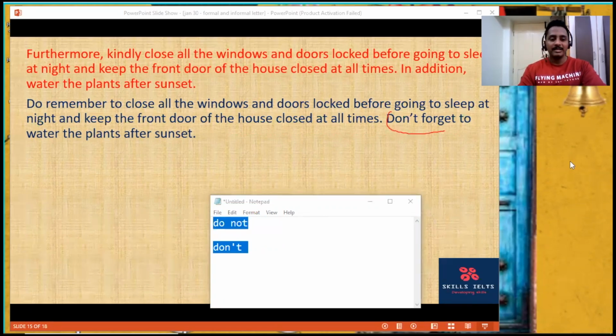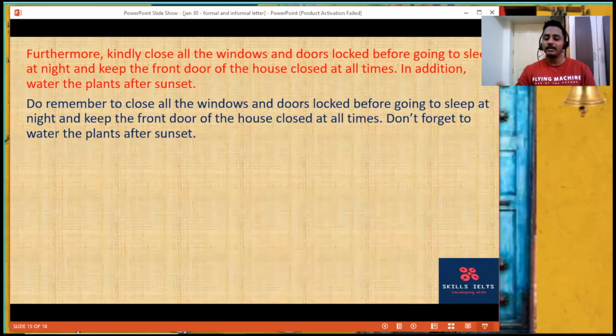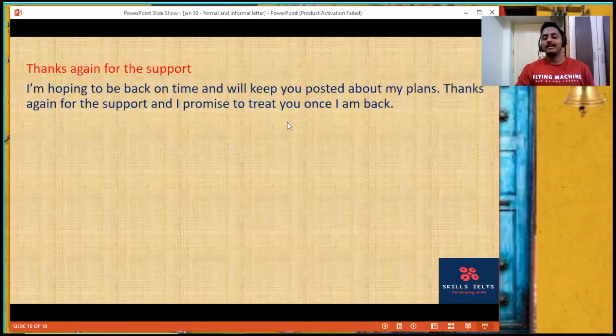Okay. Any doubts so far? Simple one, but now the next step is, whenever you write a formal one, you are supposed to write like this. And whenever you write and send us an informal one to the email ID, you are supposed to write like this. Try it. If there is a mistake, we will correct it. Only 10 to 20% of the people write and send every day. The rest 90 are just chilling, watching the videos. "I'll go give the exam" will not work. Thanks again for your support.